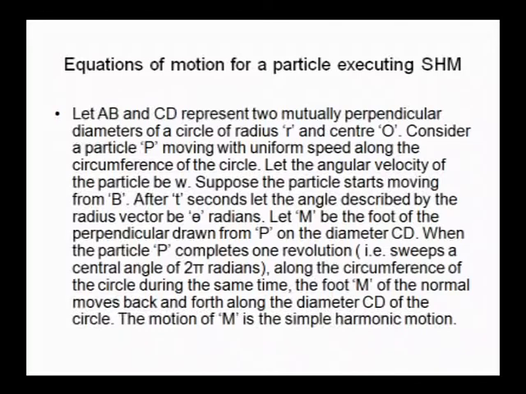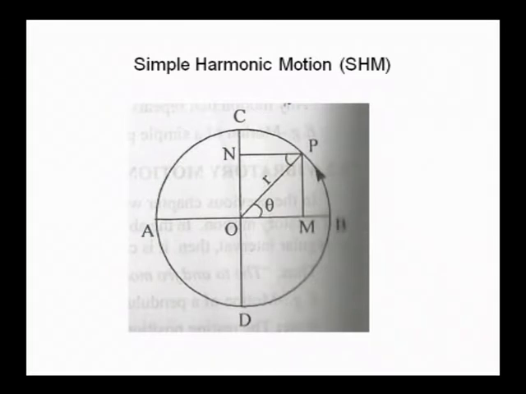Here we have a body which is moving along a circular path. AB and CD are the two diameters of the circle. The radius of the circle is represented by OP or OB, given as R. Now, initially let the particle be at the point B. After some time, let it move to the point P. From the point P, we join the radial vector to the center of the circle, represented by OP. Next, we draw the perpendiculars from the point P to both the diameters AB and CD, represented by